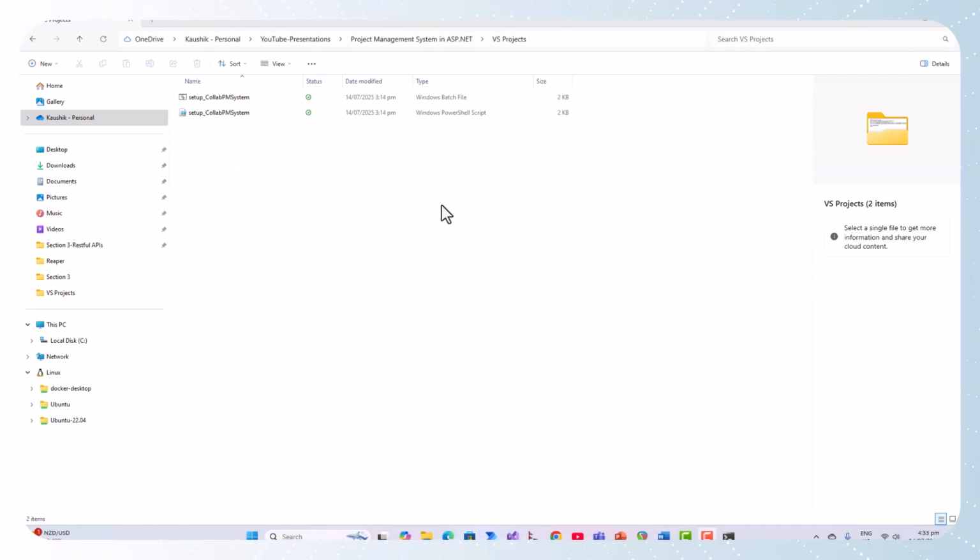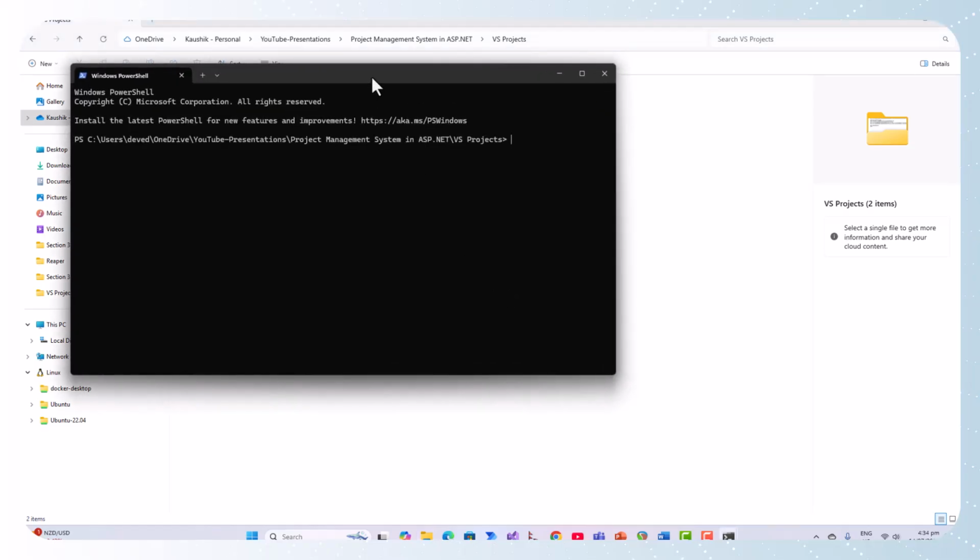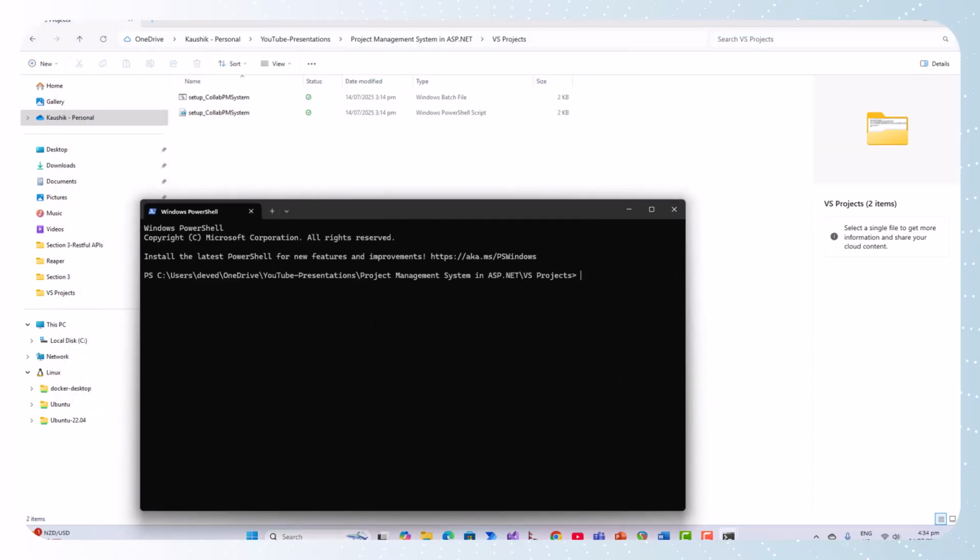So again, now I'll be running this PowerShell script. This is the turn of the PowerShell script to run. I've already demonstrated by running the Windows batch file and cleared everything to run this PowerShell script. So again, open in terminal will open the PowerShell automatically. You don't have to worry. Now the command for this to be run in the PowerShell mode is